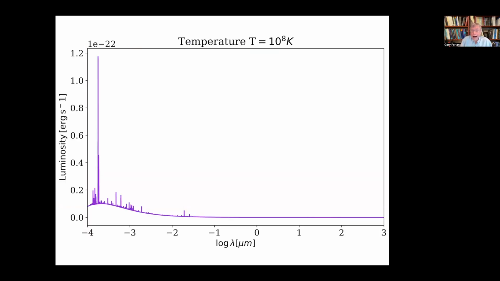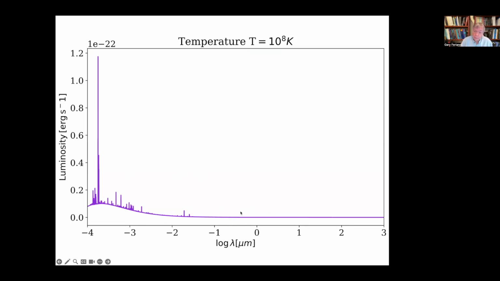So we're going from hot to cold. So this is 100 million Kelvin. On the wavelength axis, the visible light is right in the middle. This goes almost to the millimeter in the radio, and then at the high energy end, it goes into the hard X-rays. So at 1 million Kelvin,